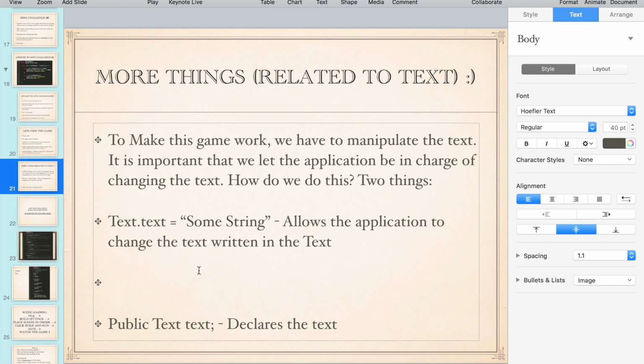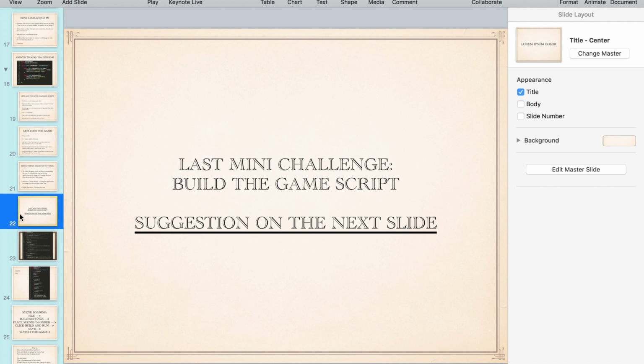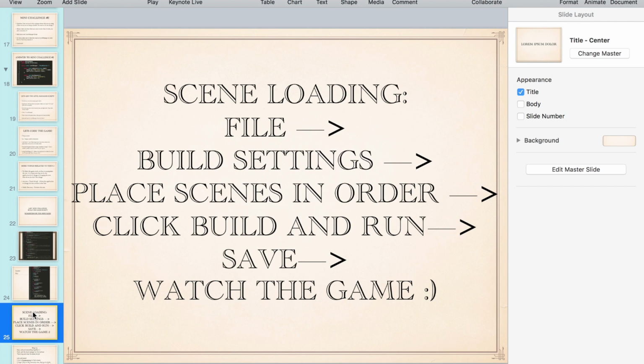Public text basically declares a text, as I showed you here, and you can do text.text. Let me change that. You don't want to access the class, you want to access the variable that you just declared. And that's it. I will be posting that and that up on